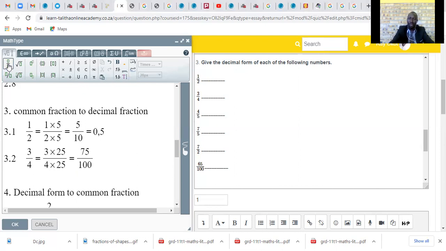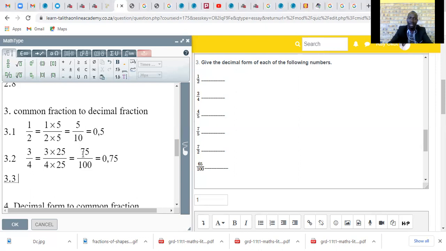So now, what do we have then? Well, we have 100, because we also have two zeros here, 1, 2. So we can write this number as 75, but there must be a decimal point in front of 7, and so we get 0.75. Now in the next question, we have 4 divided by 5. That is question